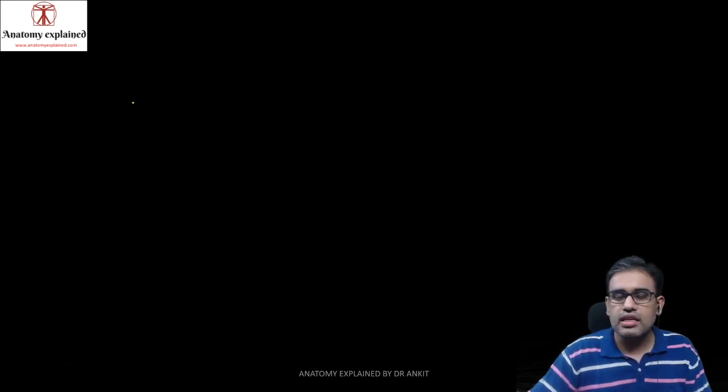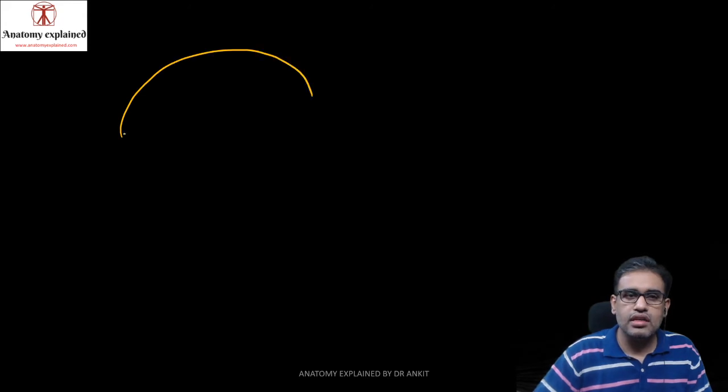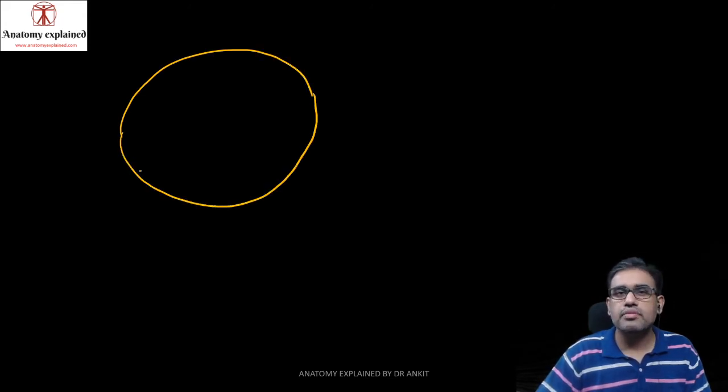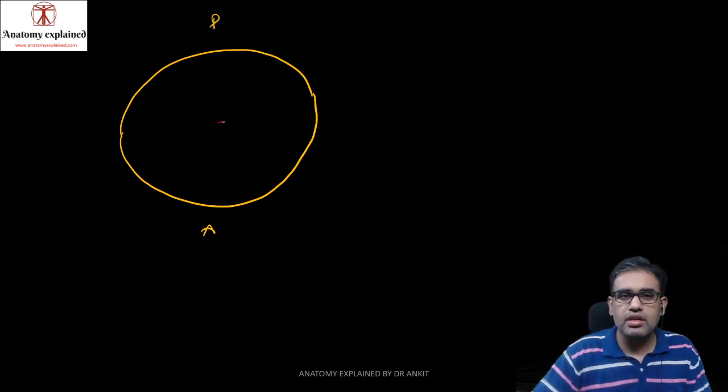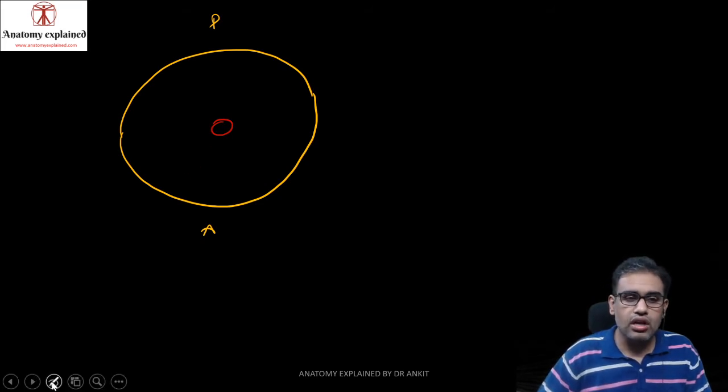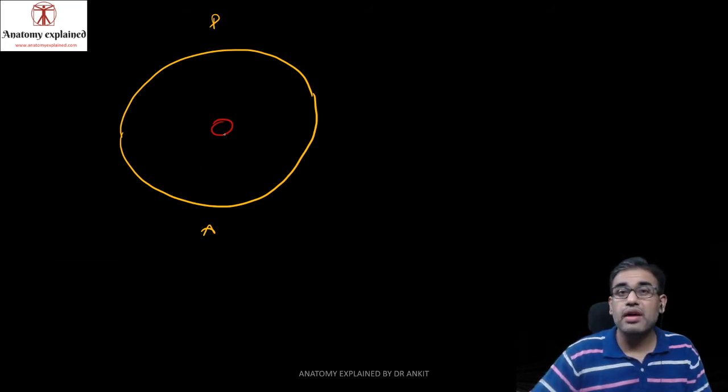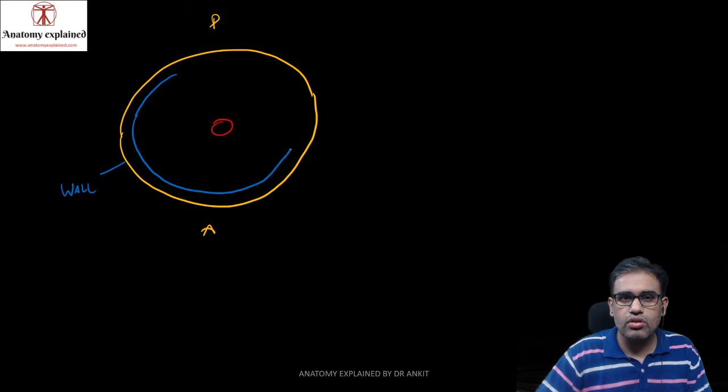Now if we take a transverse section, how is it going to show to us? Suppose we take a TS, so it is like this circle over here. That is the anterior part, that is the posterior part. In the center, let us assume that we have a part of the gut. Now we are trying to draw this parietal peritoneum, which is close to the abdominal wall. Outside is the wall. So that is our parietal peritoneum, which is running on towards like this. Now this parietal peritoneum will try to merge, and it will form a double layered fold, which will now surround this viscera over here.